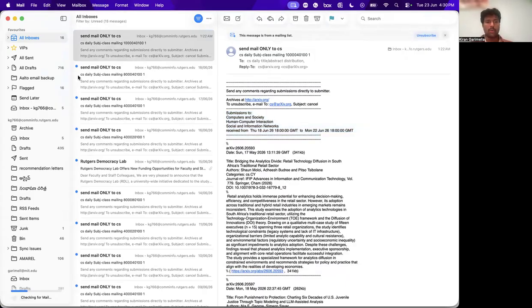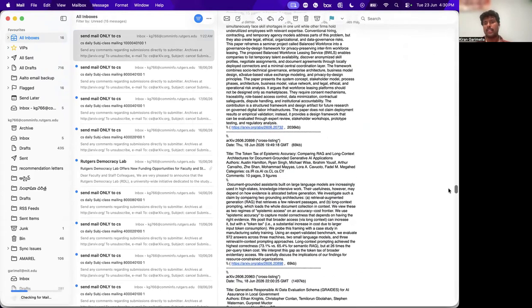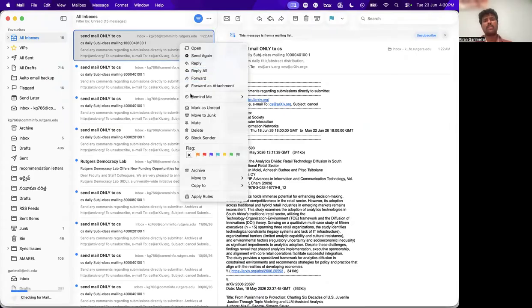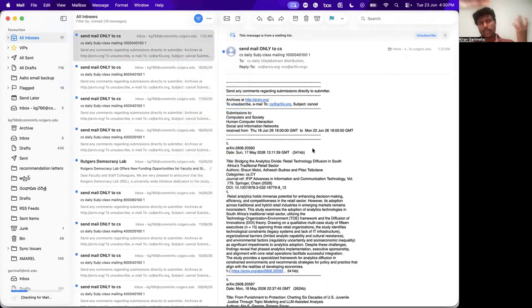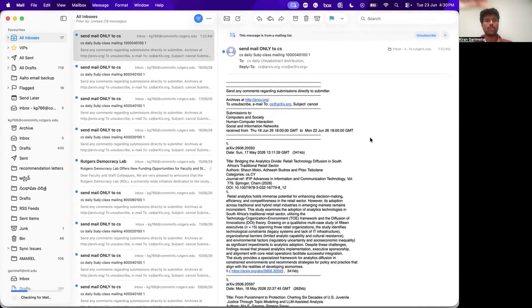But over the last few months, if not a few years, it's been hard for me to keep up with these emails. As you see here, there's so many emails. Obviously, archive is being overwhelmed. Previously, when I was a PhD student, or even recently, I just used to skim through this for 10 minutes every day. But now there's like 100 papers every day. So it's really getting hard for me to look through and read and try to get a sense of what is in there. I mean, I know people build these sorts of